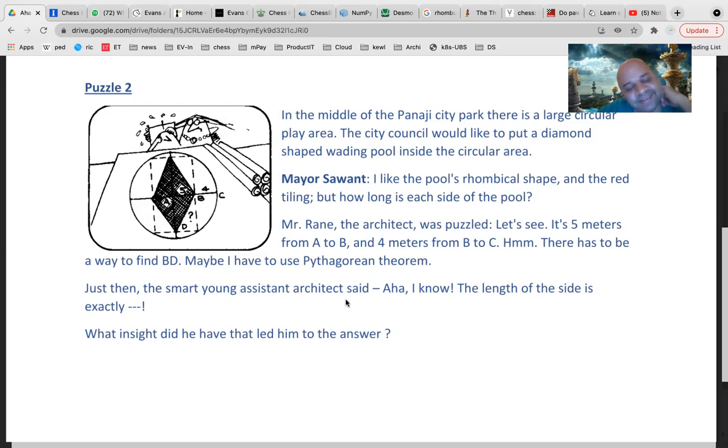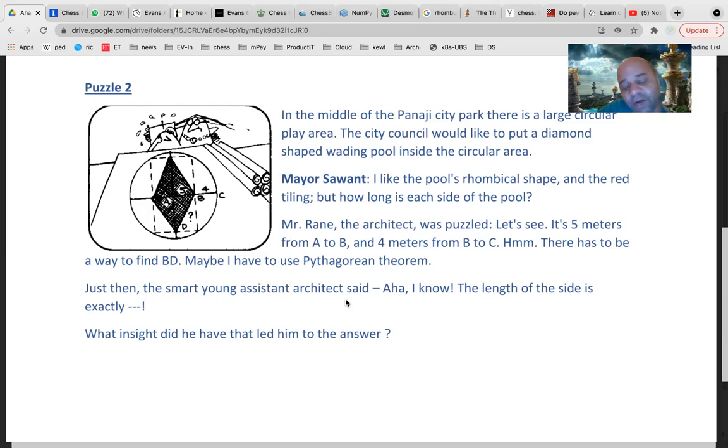Sir, and my answer didn't work because the rhombus doesn't start on the edge of the circle. Correct. Because if you assume that, then it is not. It is not on the edge of the circle. It is somewhere in between, slightly in between. So the length of A to D is not 9. You assumed A to D is 9, but actually, as the picture shows, D to B is 9 and A to D is slightly smaller.